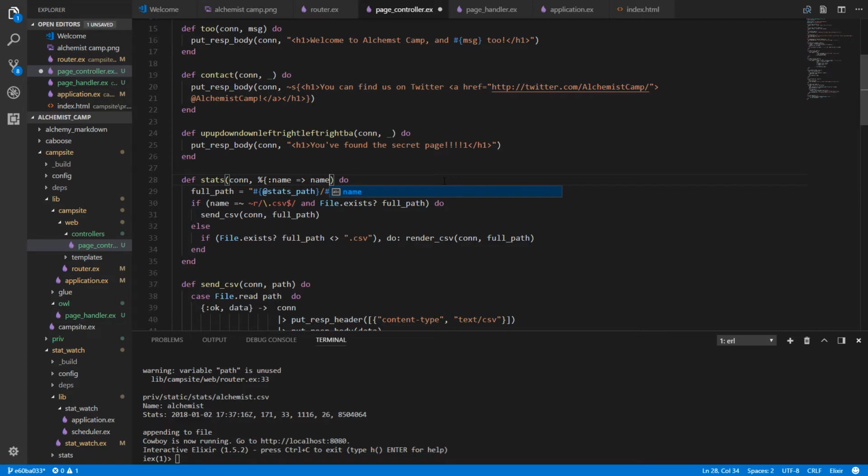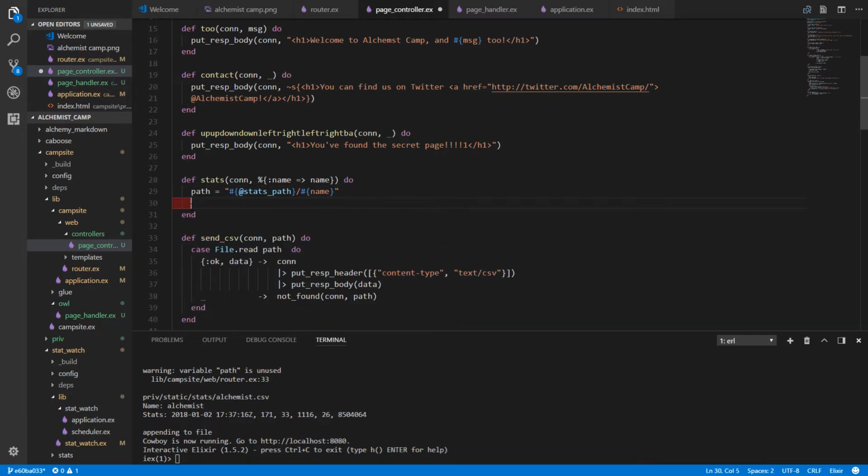And we will save that in a parameter called name. We'll call this path, and let's rewrite the middle part. There are 3 scenarios we want to cover here. So we want to handle the same functionality we already have. So if the file name ends in .csv and that file exists, then we want to send the CSV to the user. If it doesn't end in CSV, but there is a file named that name.csv, then we'll just render